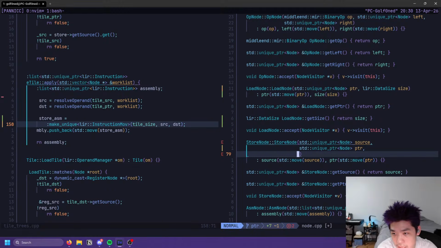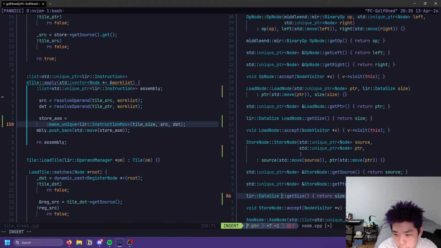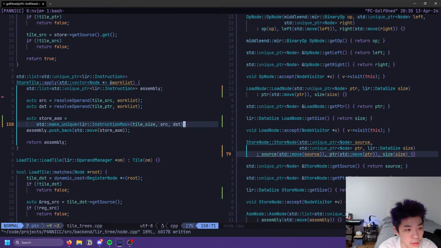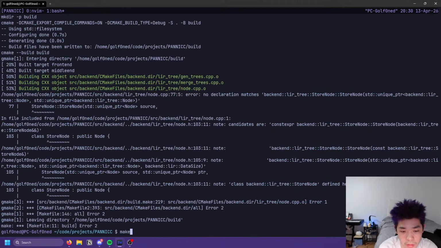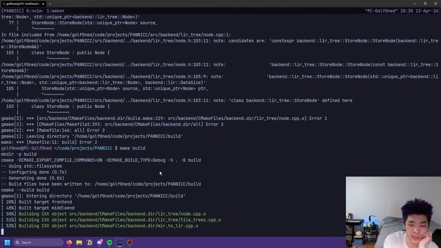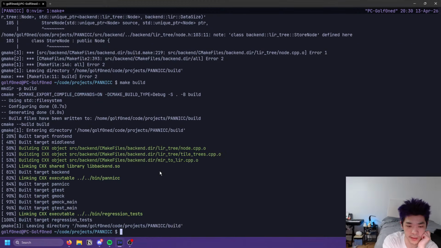And then we need get size as well. Store node. Wow. Let me do that. There we go. Hopefully that builds now. Okay, we appear to be in the clear.